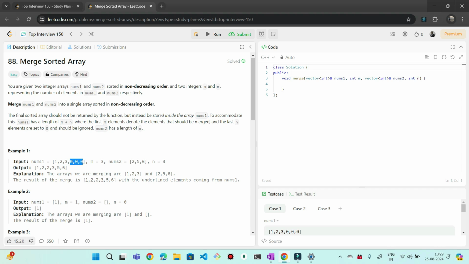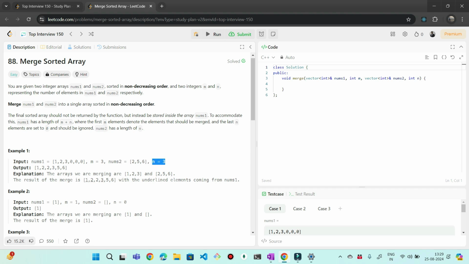If we look at example 1, it says the input nums1 equals 1, 2, 3, 0, 0, 0, and m is 3, which means the non-zero elements in the first nums1 array are 3 elements. Similarly, nums2 equals 2, 5, 6, and n is 3.